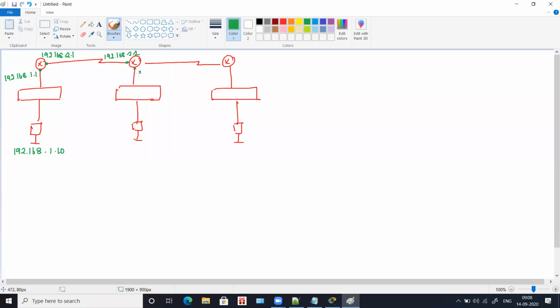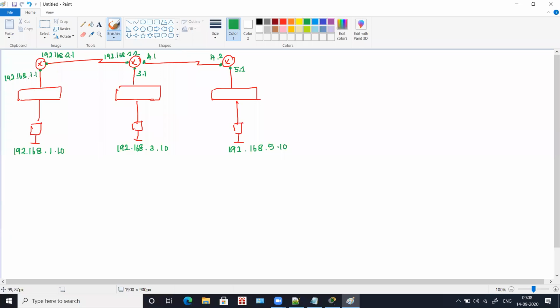This is going to be 3.1. This is going to be 4.1. This is going to be 192.168.4.2, and this is going to be 5.1. This IP will be 192.168.3.10, and this will be 192.168.5.10. So these are the IPs assigned to each and every interface.